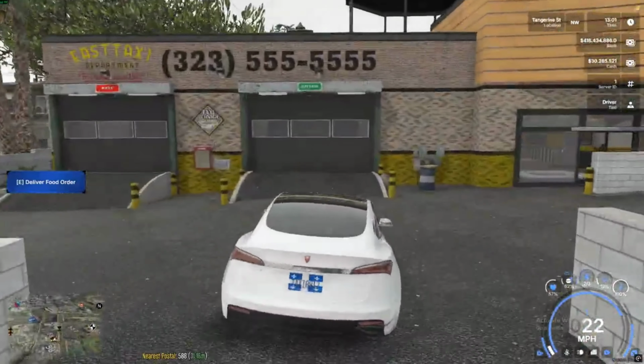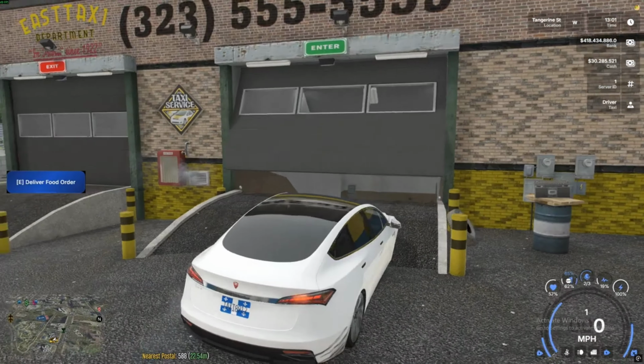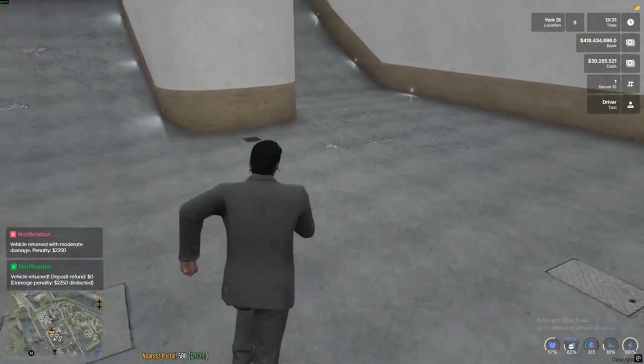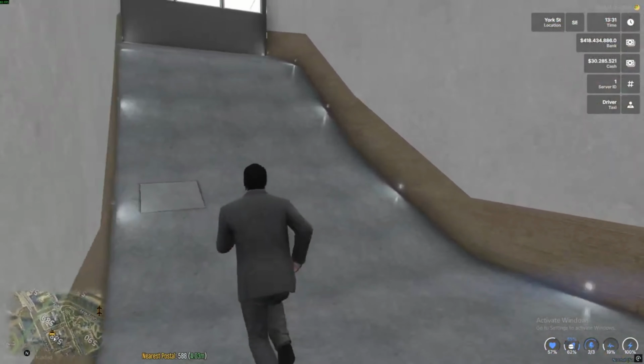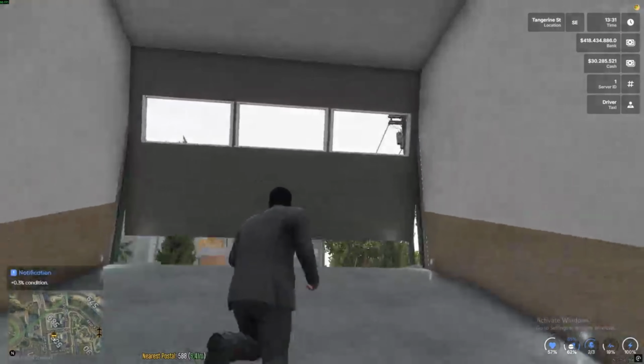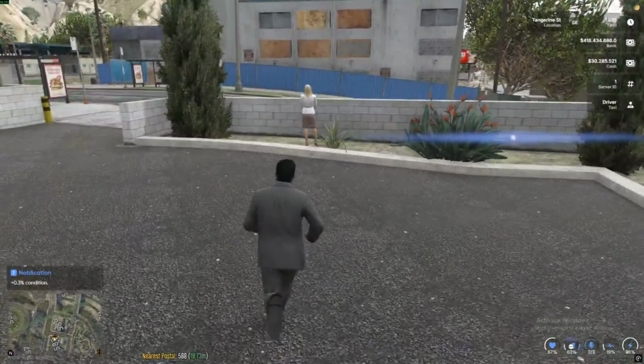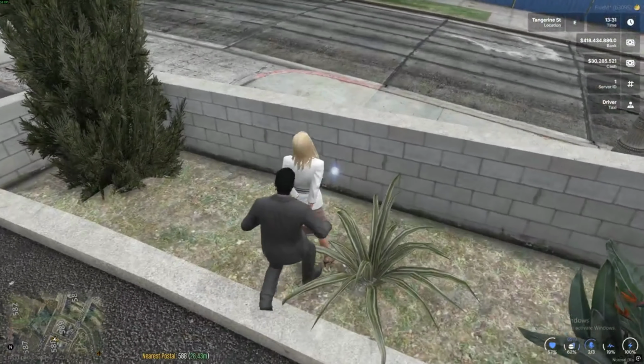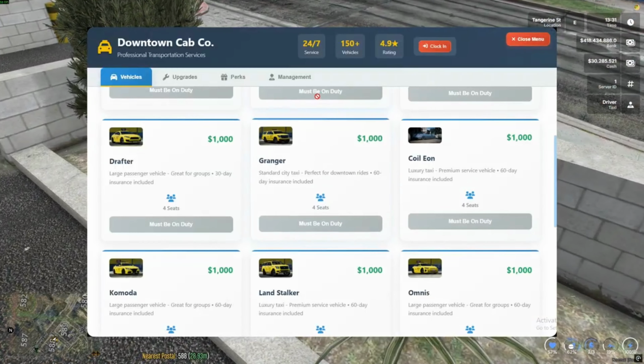So before we start with the insurance, I also added the feature where if your car is too damaged, you'll have to pay a fine, and if you do not return the insurance items, you'll be charged. So there we go. Now it's just charging the player $2,000 for damage, but now I'm going to show you what happens if you order the vehicle and then don't return the insurance items. You will be paid a fine, and you cannot order any other vehicles until you pay the fine.